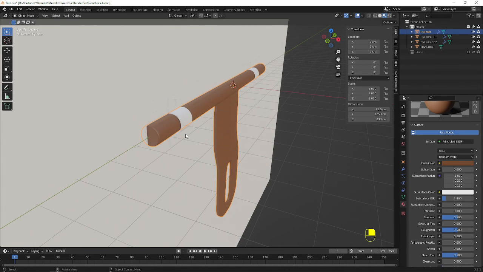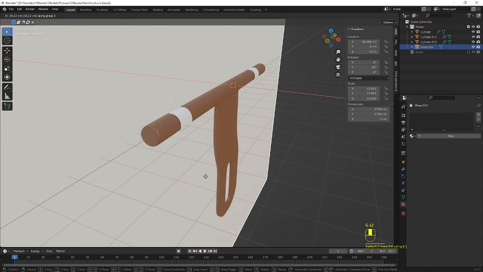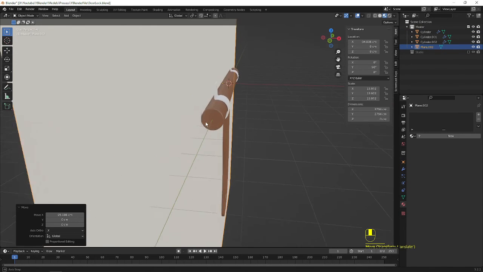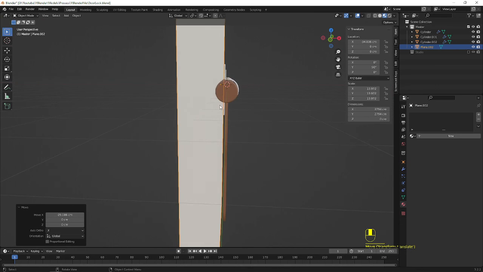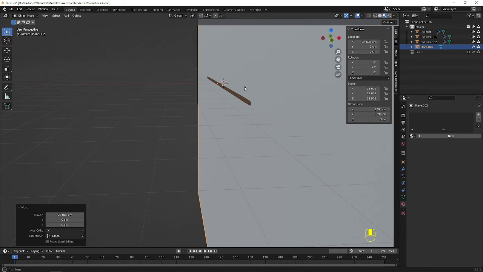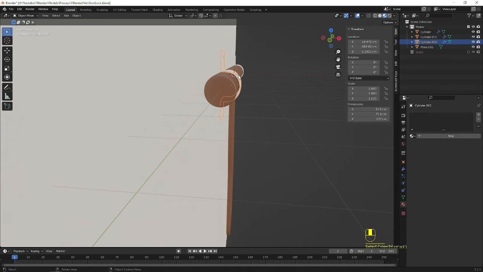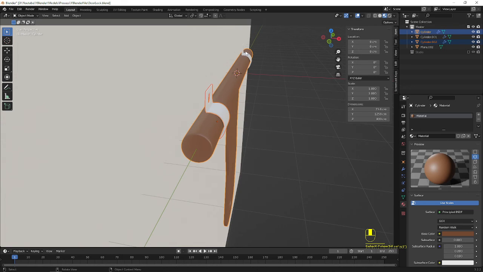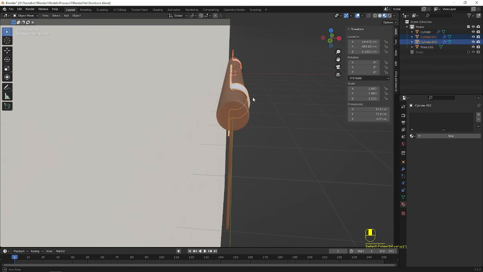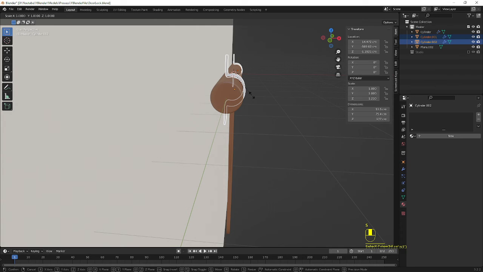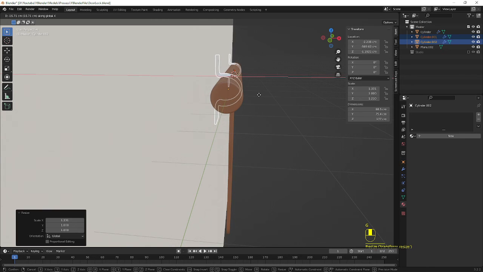Select this one and press GY to move, GX to move the plane a little bit backward. Select this clamp and make it a little bit bigger. Scale it in the X axis and GX to move